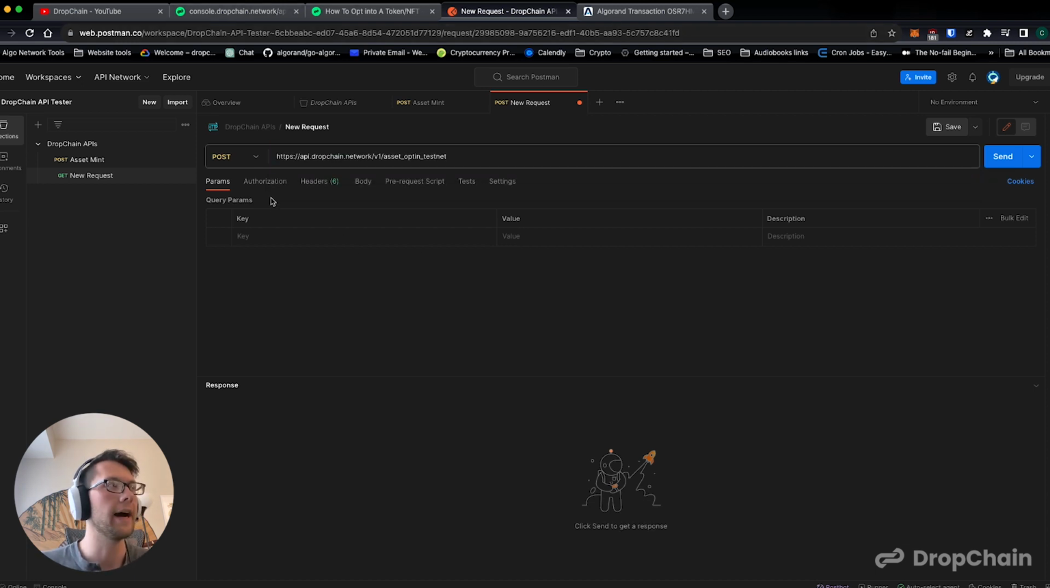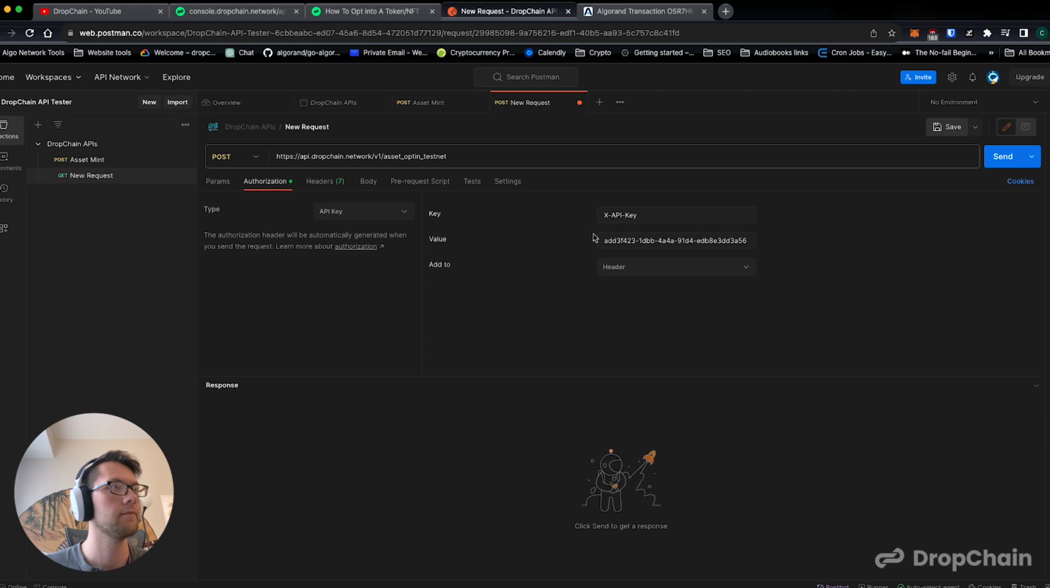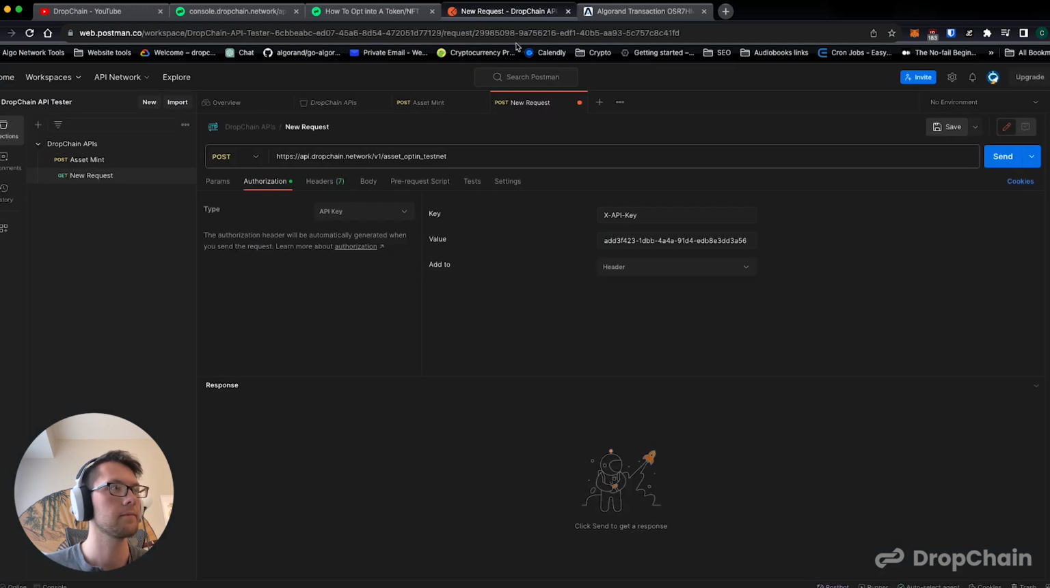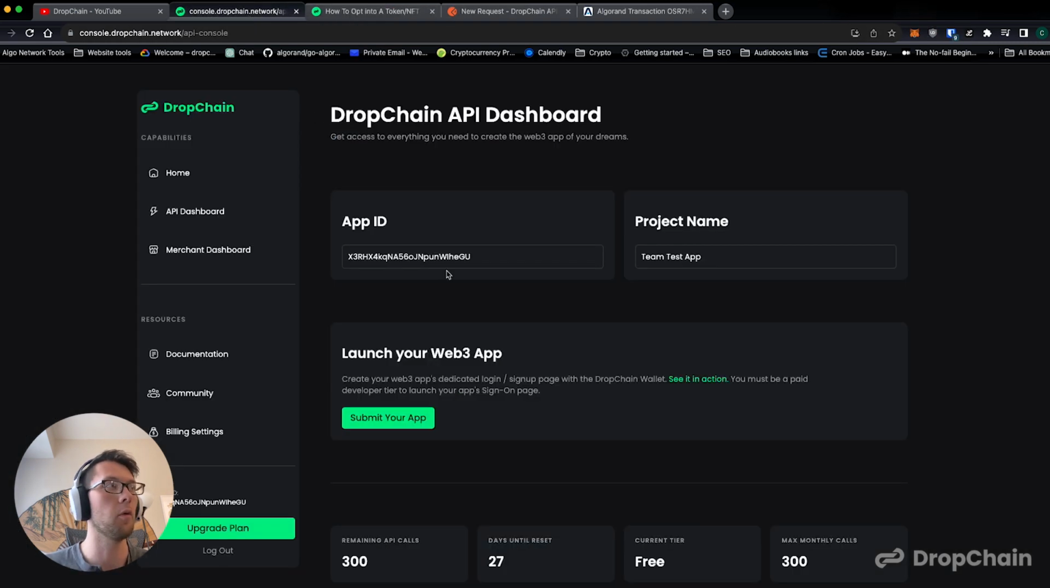And then we're going to do a few extra pieces. We're going to have an authorization where we're going to add an API key. And I've already added this. So if we go here, we added this in a previous example. We have a header that is X API key. That's the key here. And then the value is your API key, which if you go back to the DropChain